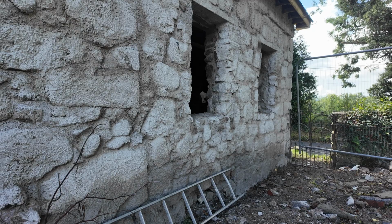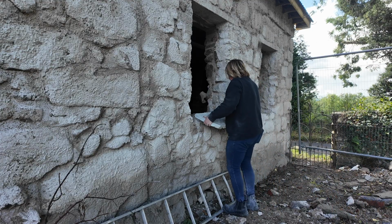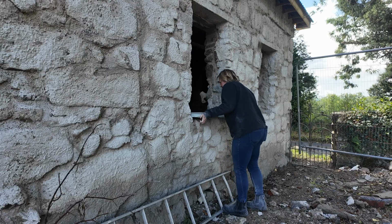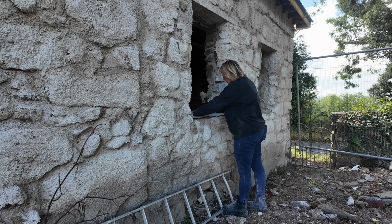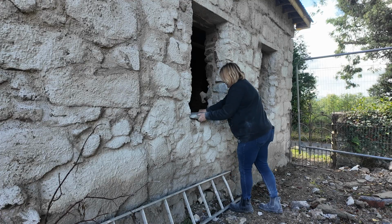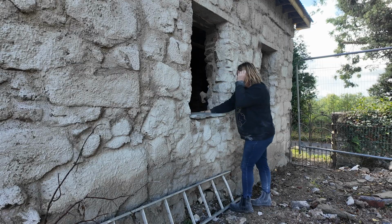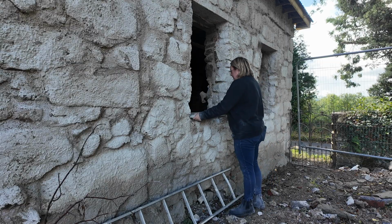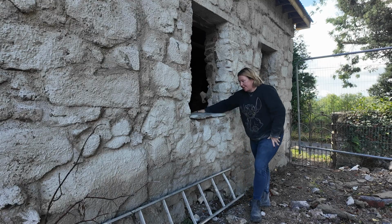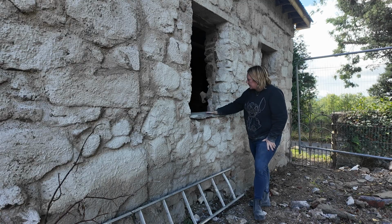And I think I just made a windowsill. Yeah. That needs to be right here. It's not very square, but it's okay. It just has to be flat and firm and steady for the window. We'll mortar it, level it,